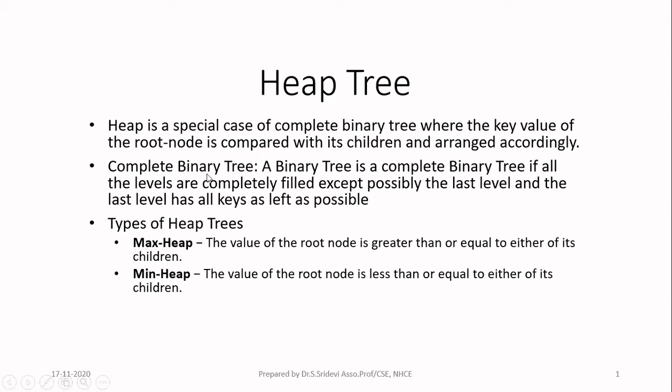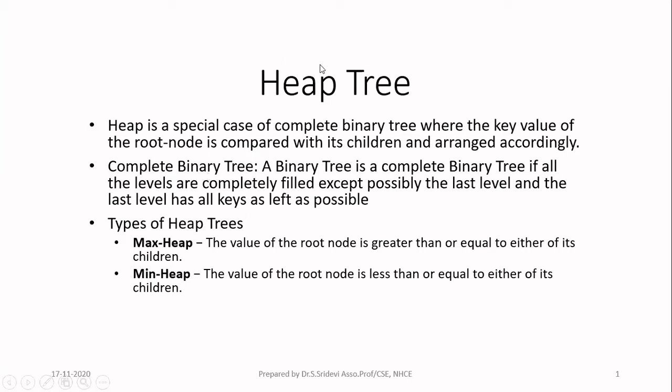Now, what is the meaning of complete binary tree? A binary tree is called a complete binary tree if all the levels are completely filled except possibly the last level. So you can leave only the last level as partially filled. All the remaining levels should be completely filled. And in the last level also, we should have all the nodes aligned as far left as possible. You should not start filling from the right direction. You have to start filling the nodes from the leftmost direction. So if you have anything that is satisfying these two conditions, we will say that the tree is a complete